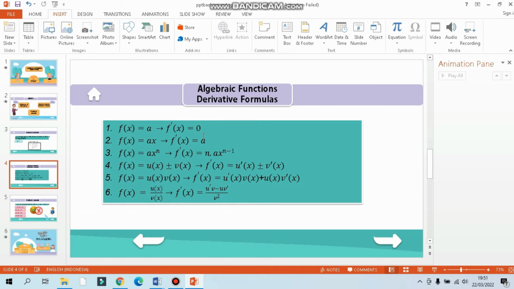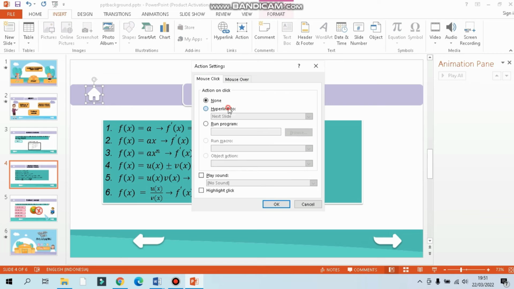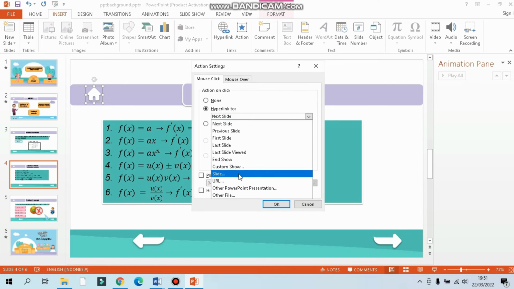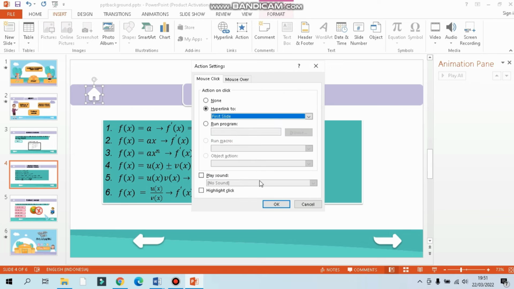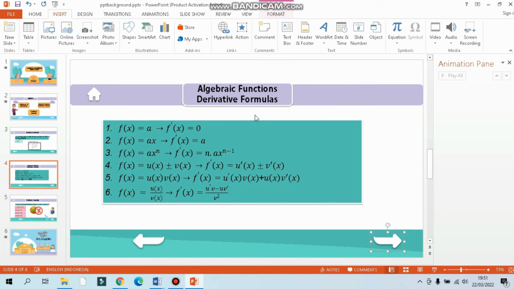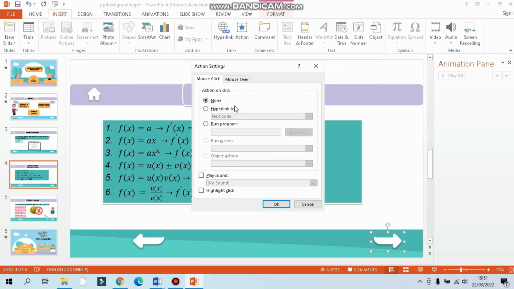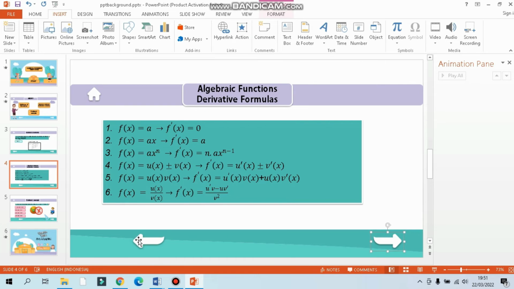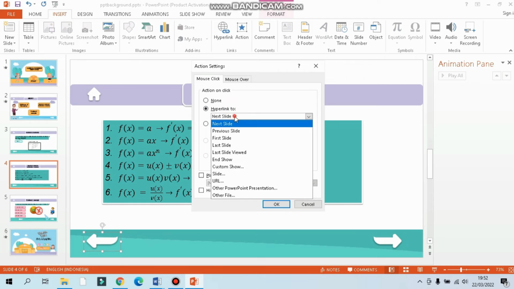Next, do similar steps with this slide, where I want to make the action one, hyperlink to the first slide, which is the next slide, and the previous slide.